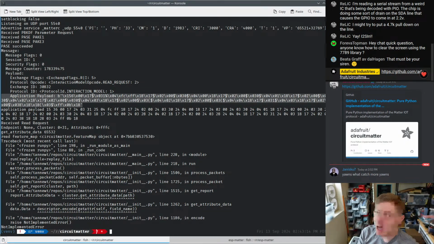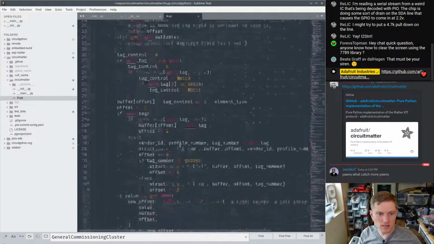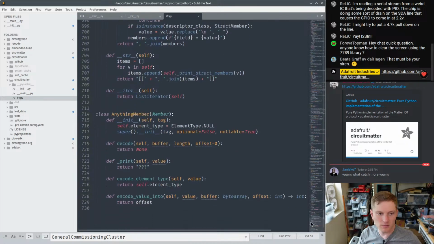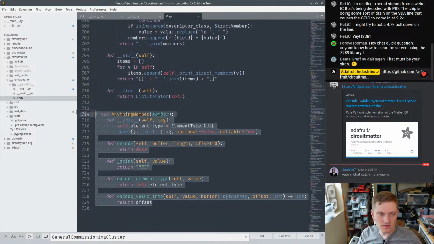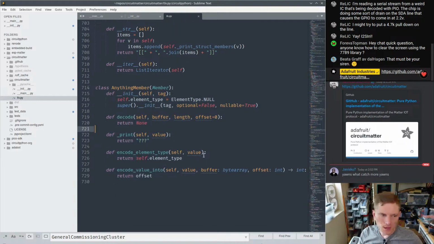So the question is how do I... So I've added this. The TLV encoding stuff is pretty good, but it didn't really have this variable field element. So what I had done in July is added this anything member. And there's shared code for